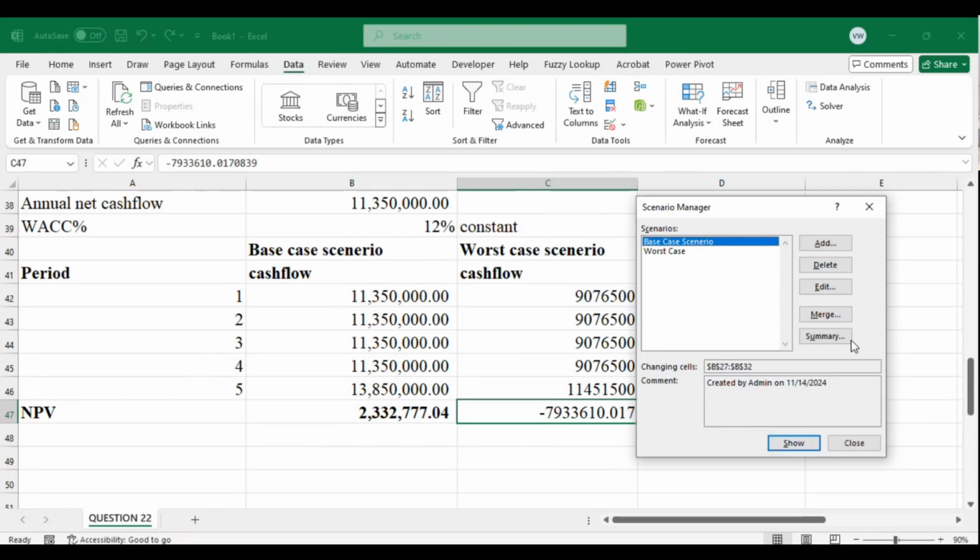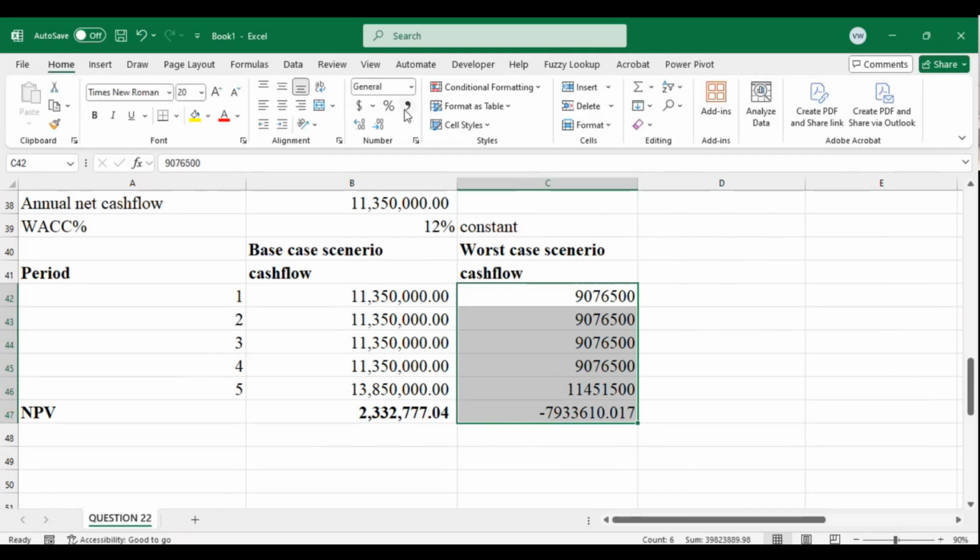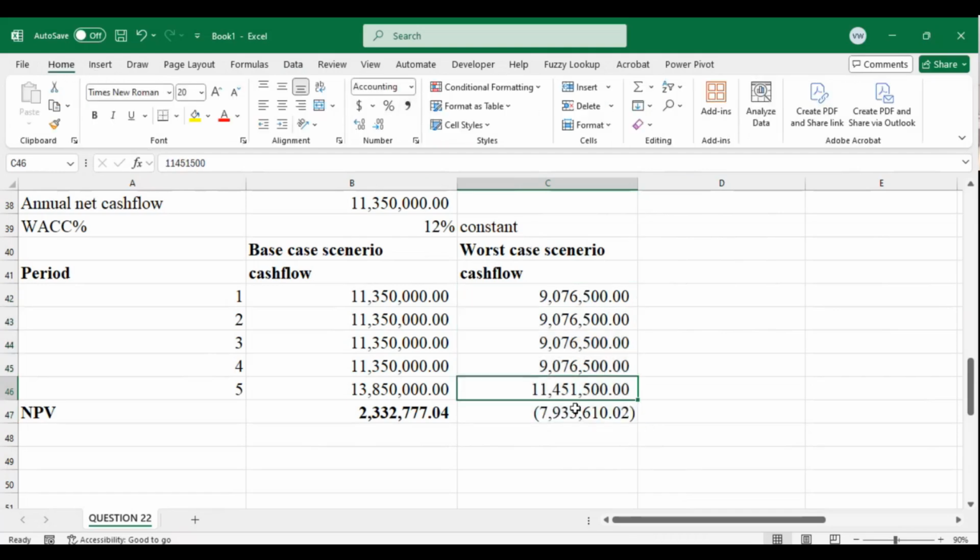the values are still there. So this time round, because I've pasted the values, I can now showcase that this is the NPV, and probably I can make this red the way it was. So this is now the NPV in the worst case scenario